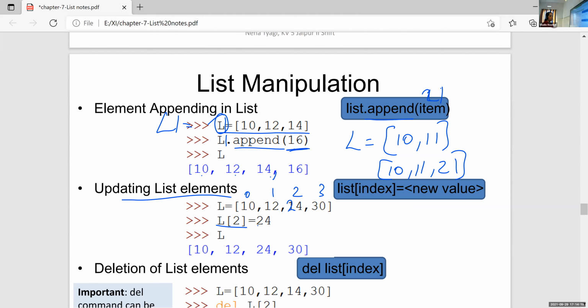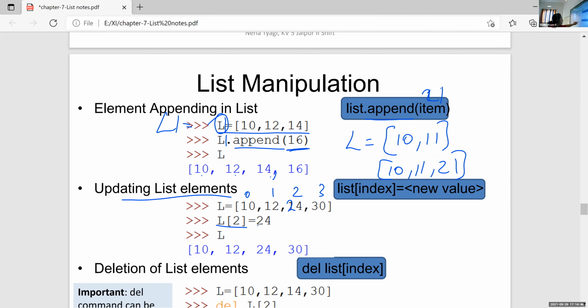is updated. Here 10, 12, 24 and 30 is the answer. In place of 14, it is replaced with a new value, that is 24. So updating a list element means, within this list I am using 4 elements, 10, 12, 14 and 30, and I want to update one value from this list.